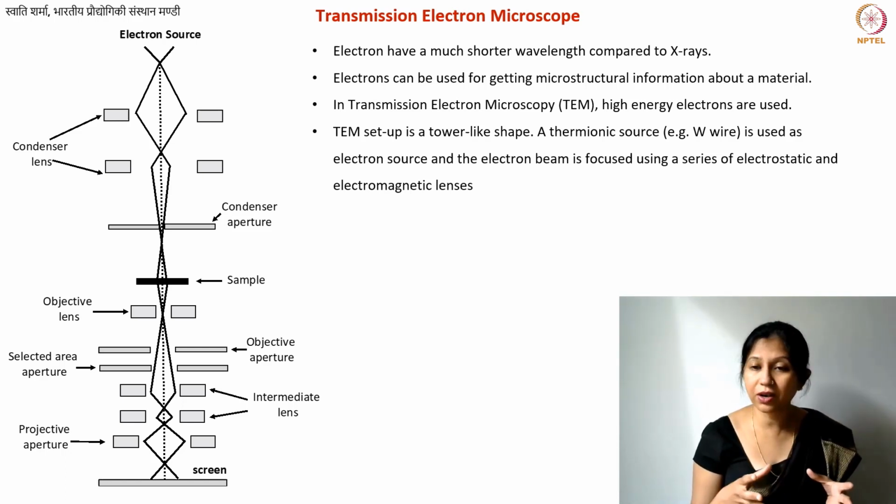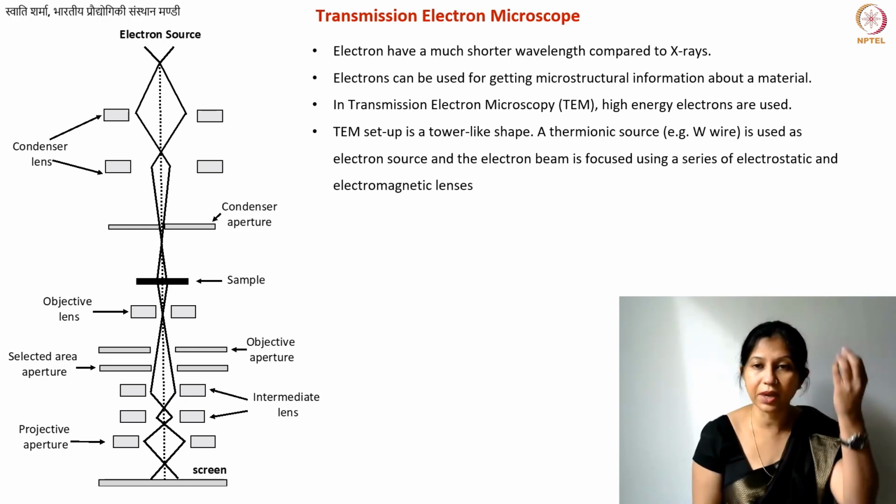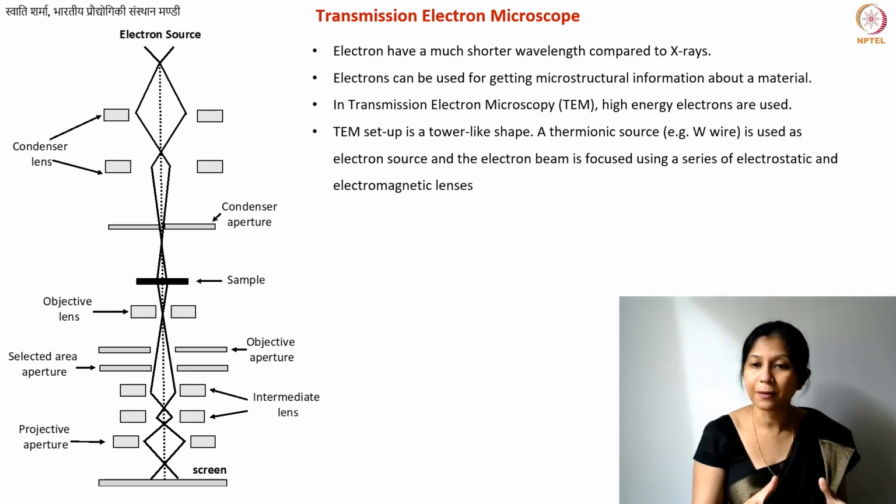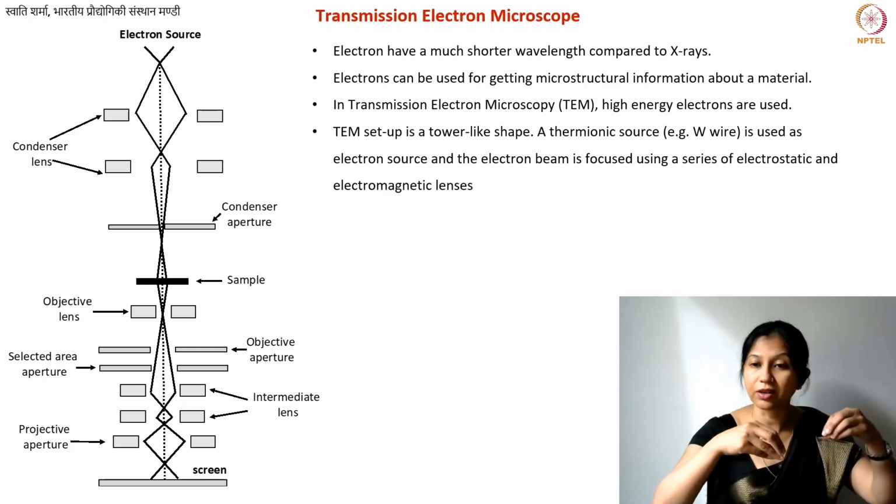So these thermionic sources, although there are many other more sophisticated sources, you could potentially just use a tungsten wire, in both scanning electron microscopy and also transmission electron microscopy. You also have other materials like LaB6. There are other materials, but you have basically one electron source. Now you have the beam of electrons which is focused through these lenses. Then it falls on your sample